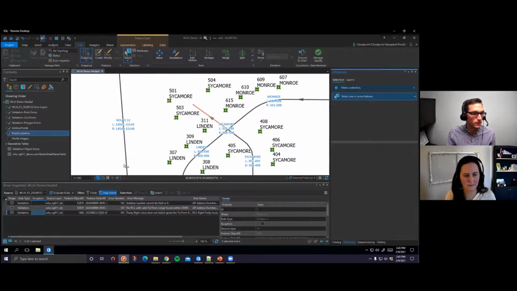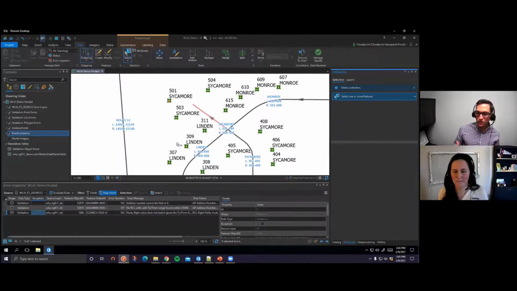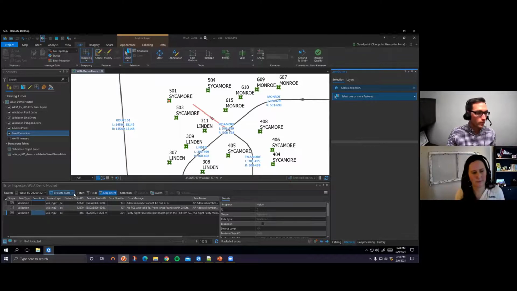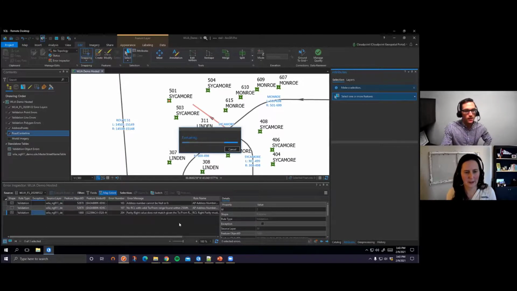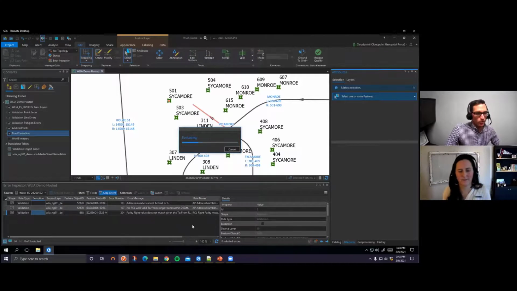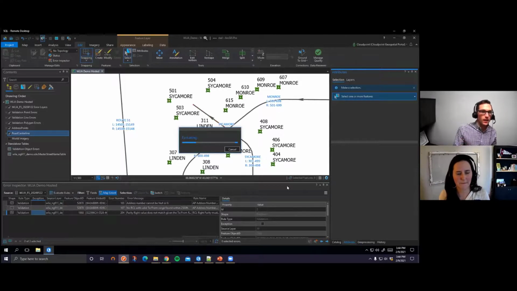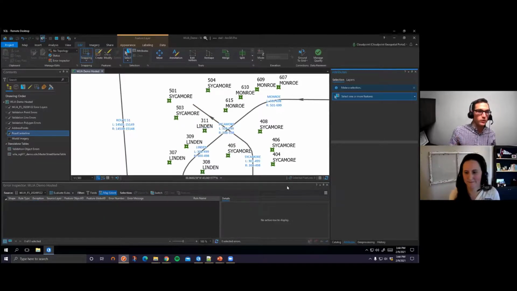I'm going to clear my selections. And so now in the workflow, we've made our changes, we've addressed these errors, and I'm going to reevaluate and get that dynamic feedback that you don't get from some of these other workflows. So let's go ahead and run this and see, did we clear these errors or not with our edits? And give it a few seconds here. And in theory, this pink line and this pink dot over the address points should go away,